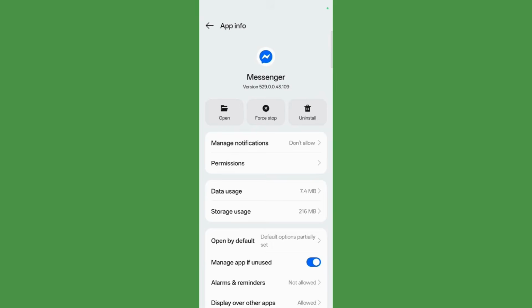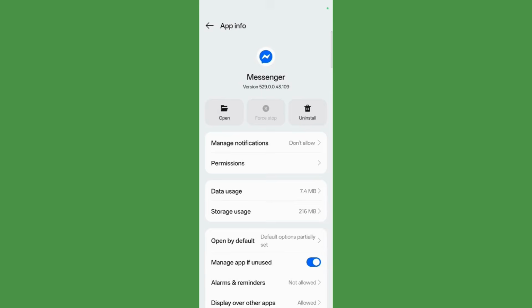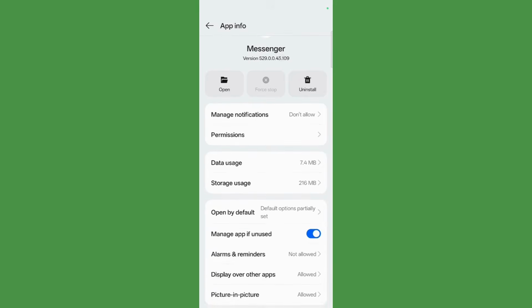Now from here you can try to force stop the application and then choose force stop again. Now this will stop all its background activities and you can try to reload it and hopefully it will work this time. Also you can try to clear out the cache, which you can do so by going to storage